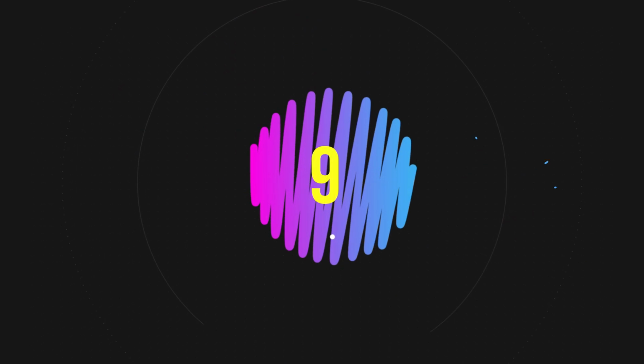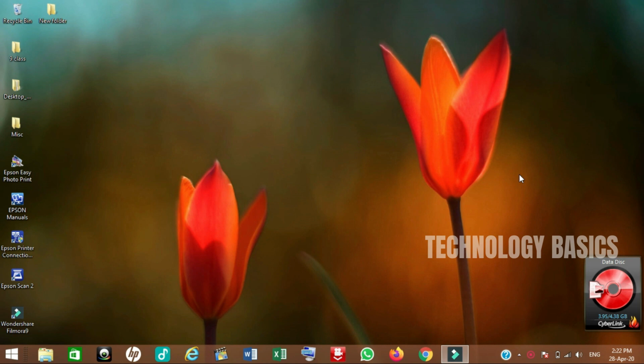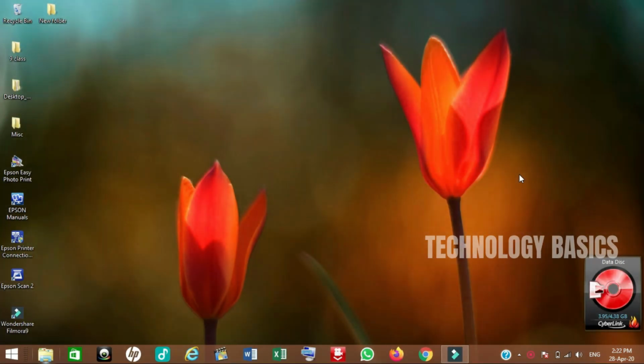While operating the system, if you want to access the taskbar menu or apps on the taskbar, you just need to press Windows key plus T. Now you can see it is showing File Explorer, and if I press the right arrow key, it will go to the right side menu which is Application Store. Now I will press the right arrow key. Now it is showing Cyberlink UCAM.